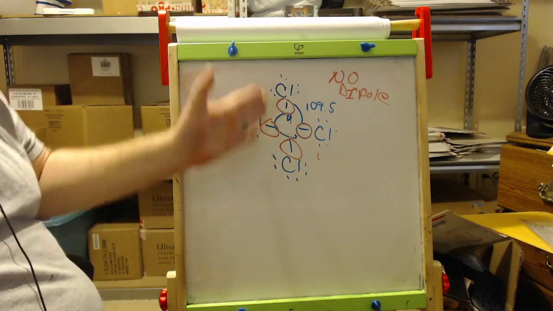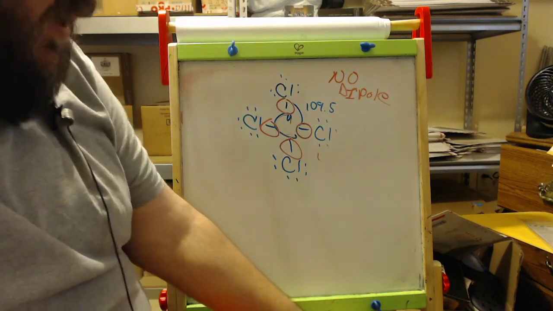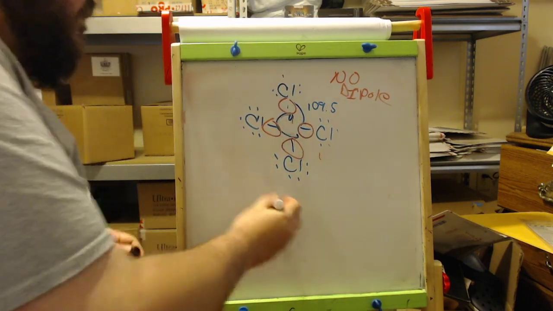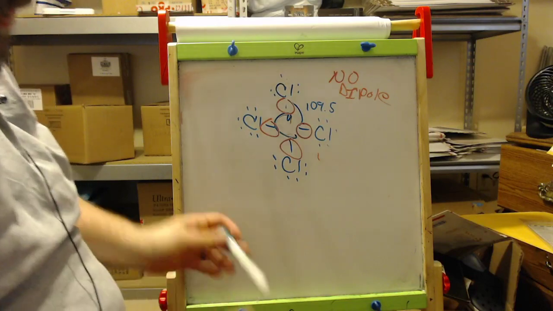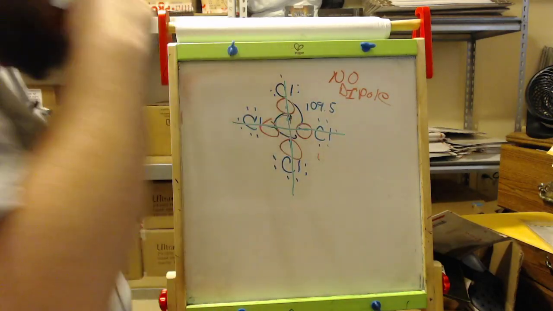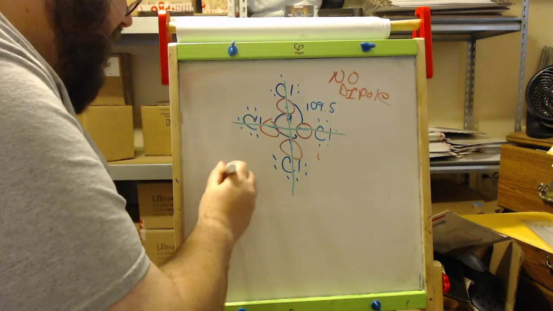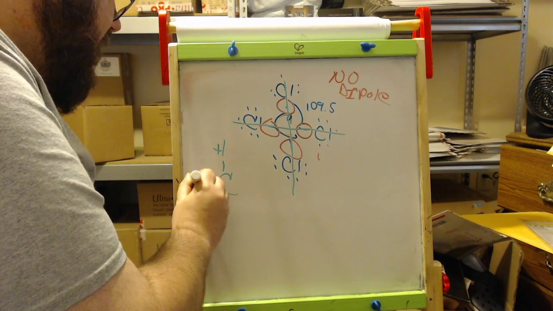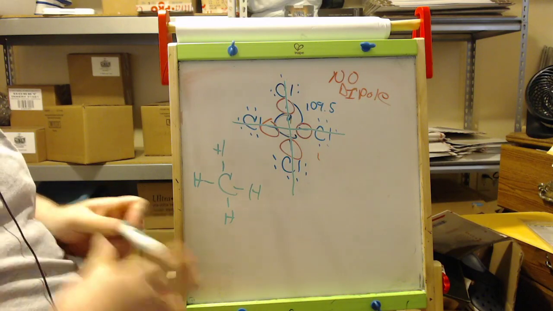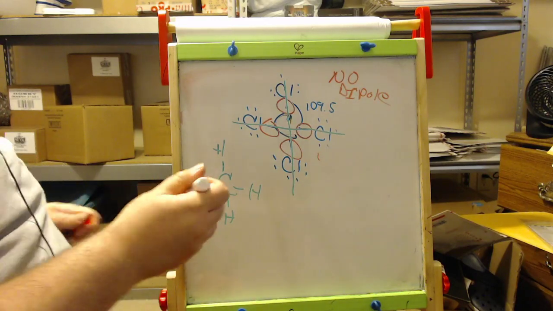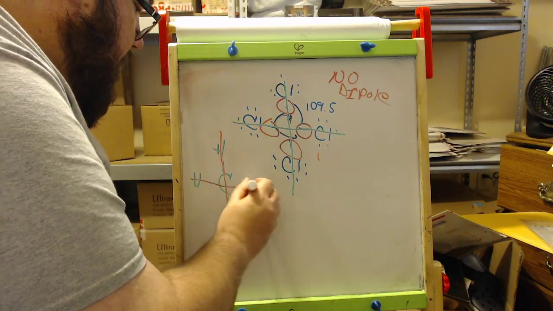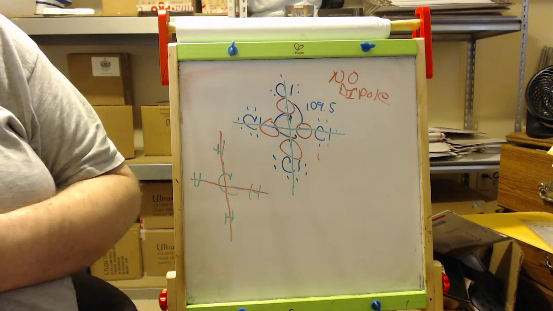Draw the Lewis structure the way you see it. How many lines of symmetry do I have? How many different ways can I cut this and have a line of symmetry? Okay, so if I have methane, carbon is winning the tug of war. Carbon's winning the tug of war against every hydrogen, but there is no dipole moment. There is no dipole moment because I have 2 lines of symmetry.